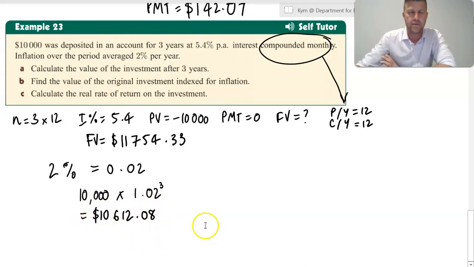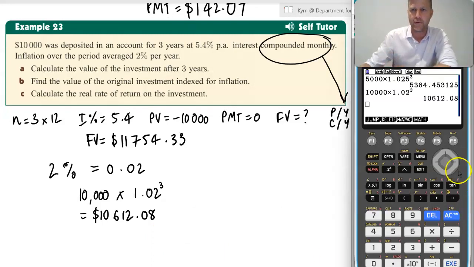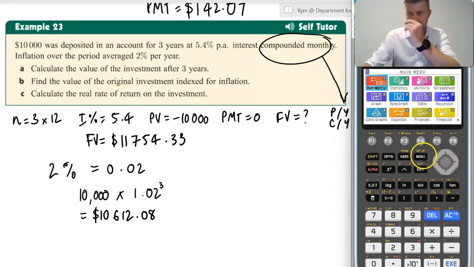Okay, so let's look at part C, where we calculate the real rate of return of the investor or on the investment. So what is the real rate of return? So this is how we're going to work this out. We're kind of going to look at the present value now actually being $10,612, and look at how that will change what the actual interest rate is. So we'll go back into the financial function there,